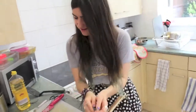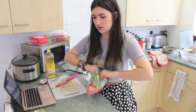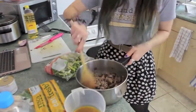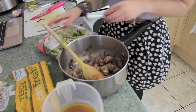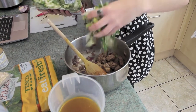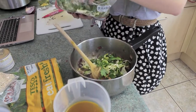Let's try it again. We're going to use quite a lot of different veg. You can see my lamb has been cooked to start off with, and then it'll just be left to stew. So we've got the onions. It's not very measured as a recipe, because the Neolithic people didn't have measuring things to do their stuff with. So leeks, cabbage,